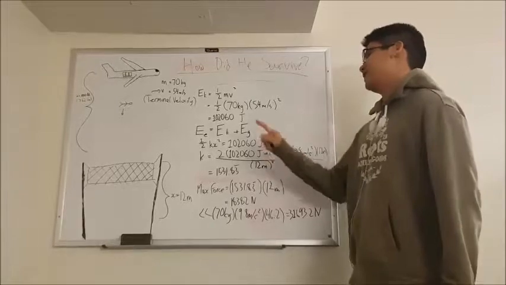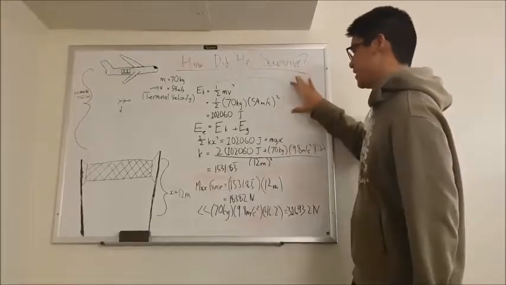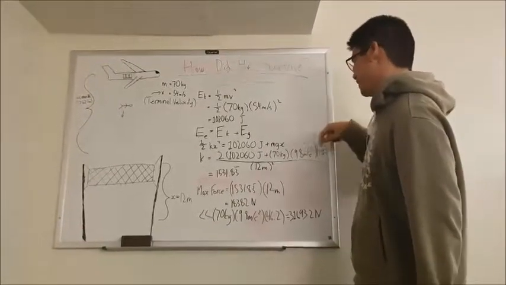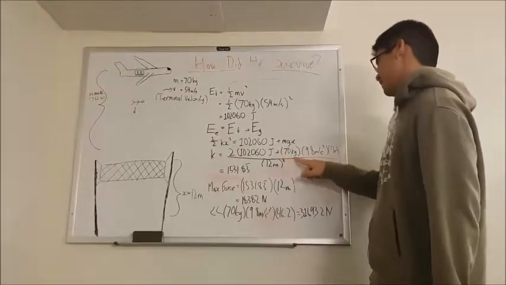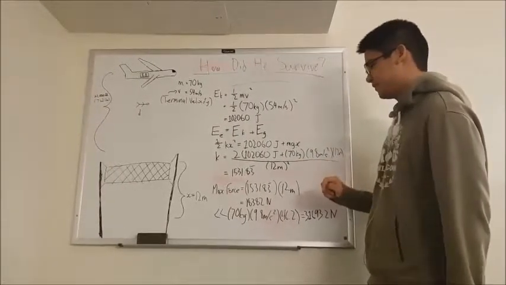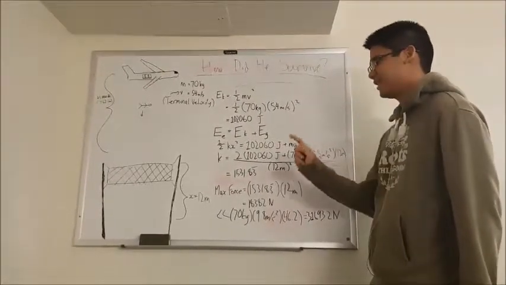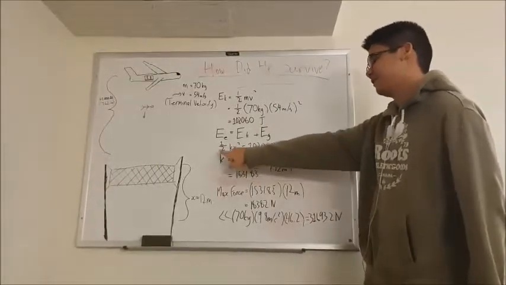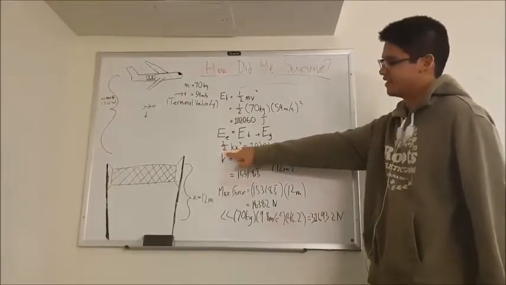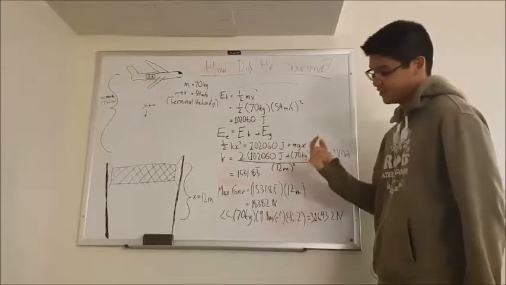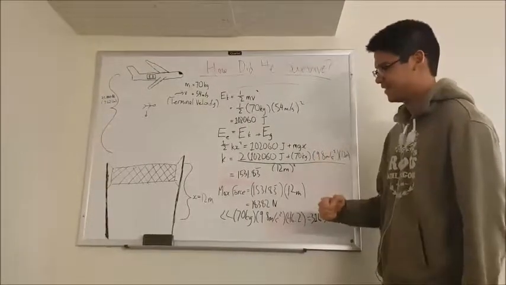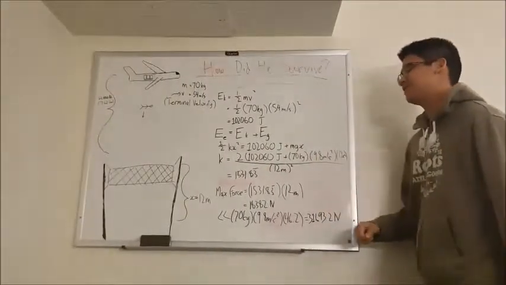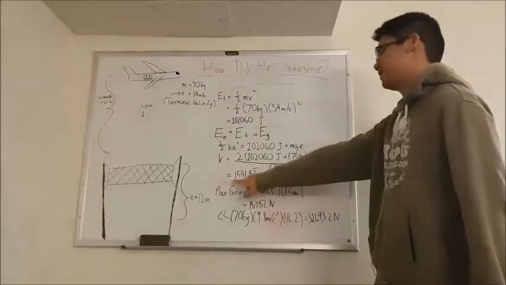Seeing these calculations, we get kinetic energy, and then gravitational potential energy, and then we can solve for the K value found within the stored elastic energy. From here, we find the value of K, which is equal to